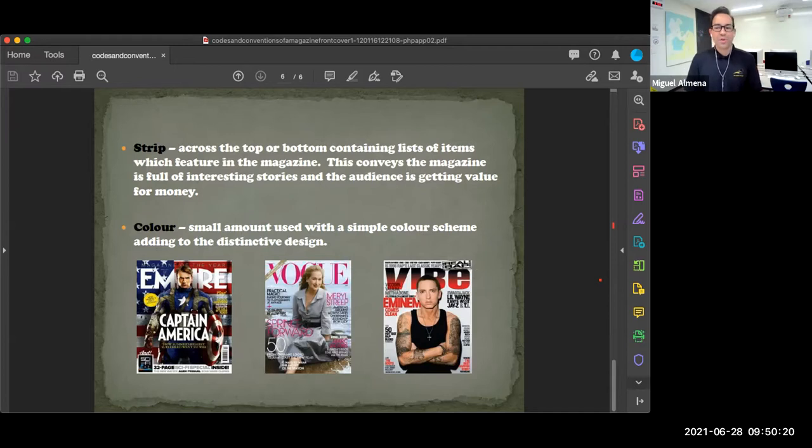Okay, and then we have other things, of course, such as the strips. When we saw the Time Life video that went through all the covers, you saw that every now and again there was a horizontal strip, or this black strip on the top or on the bottom, or sometimes a different color, where it has additional articles or additional features about the publication, right? It's more about the stories, and it's something that gives more value to the reader,